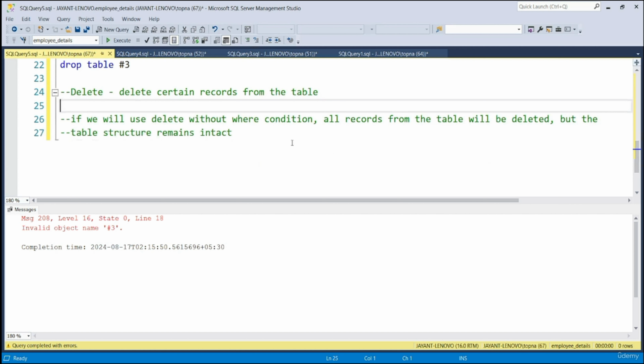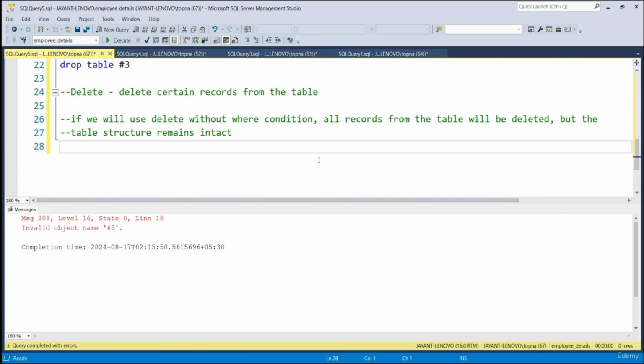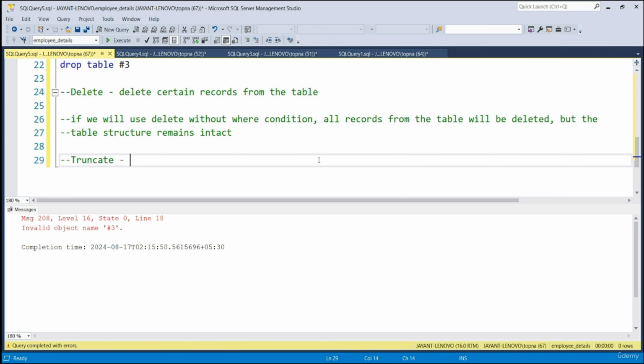Now after delete, let's talk about truncate. Truncate will delete all the records from the table, but the structure of the table remains intact.